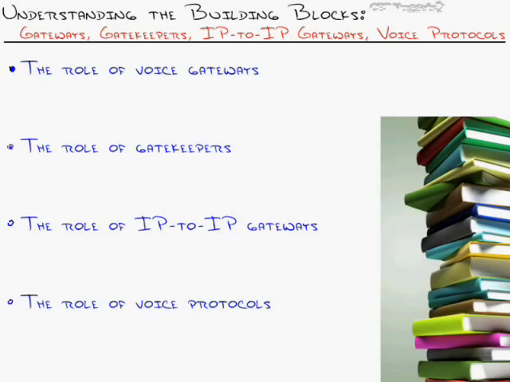We also saw the role of gatekeepers. And if there's one word to describe gatekeepers, what would it be? Centralized, right? Centralization of your resources and centralization of your dial plan, your security, everything, to where everybody's looking to the gatekeeper for a centralized pool of resources and all those things that we talked about in the gatekeeper. We also saw the IP to IP gateway, which is kind of like a type of firewall, if you will, for your voice over IP network, separating your voice over IP network from others. And then finally, we looked at the voice protocols, the signaling protocols like SIP, MGCP, H.323, and Skinny, and then the sound of your audio, which is RTP, all of that allowing voice over IP communication.